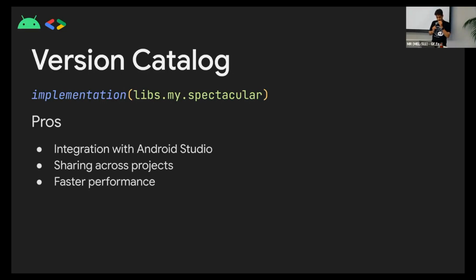Pros. It's got amazing integration with Android Studio, with all the code completion. You can command click, control click, and actually go to the actual code where you've declared it. And it doesn't live inside the project. I mean, it can, but it can live outside as well, which means you get to share it with the rest of your team, rest of your organization, without having to use the power of Git.